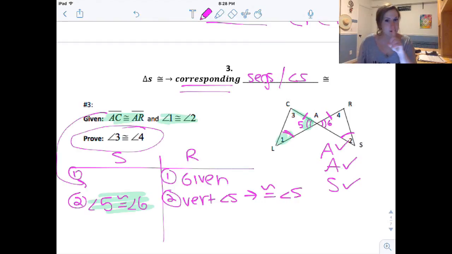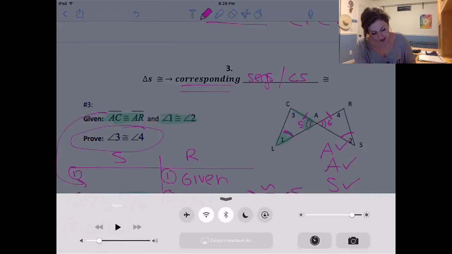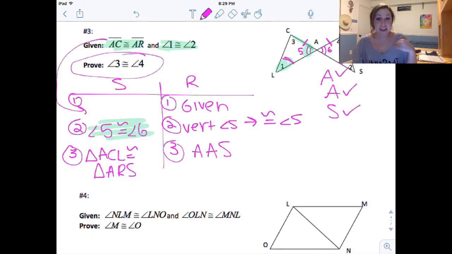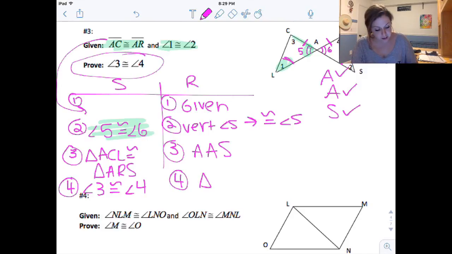So now remember, 3 statements does not mean I'm done. 3 statements means the triangles are congruent. So now I could say triangle ACL is congruent to triangle ARS by angle, angle, side. And now's where that last step comes in, and I just got a good question on the live stream that we'll answer in a second. Now I can say angle 3 is congruent to angle 4. And that's because triangles congruent implies corresponding